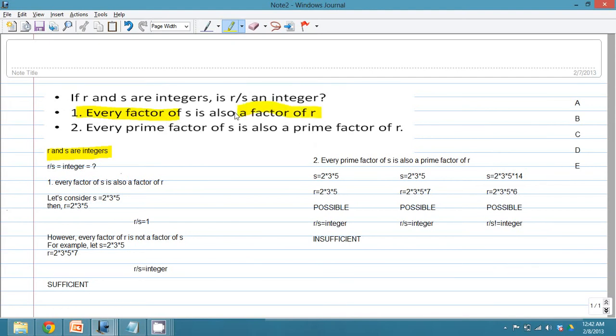For example, let's take the first statement. Every factor of S is also a factor of R. So what is mentioned here is every factor of S is also a factor of R. Now the best way to do such problems would be to take examples,